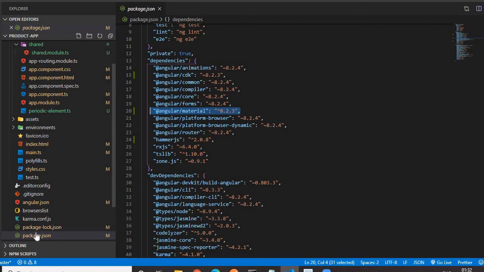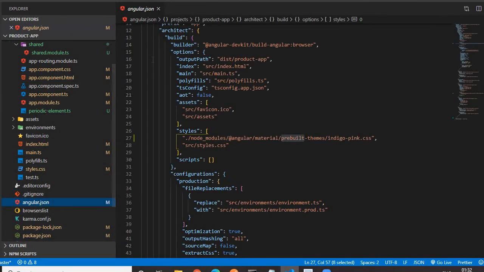There is one more file for confirmation, the angular.json file. This is a configuration file which contains all the information related to your project. If you see, there is a styles array, and there is an entry in the styles array for Angular Material. As I chose the Indigo Pink theme, you are getting the indigo-pink.css entry within the styles array. This indigo-pink.css is a pre-built theme of Angular Material.